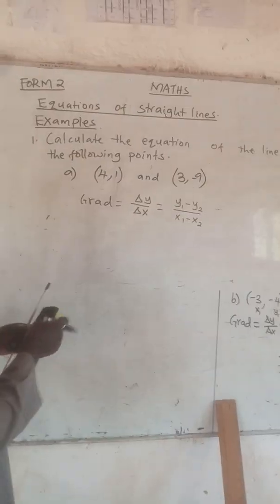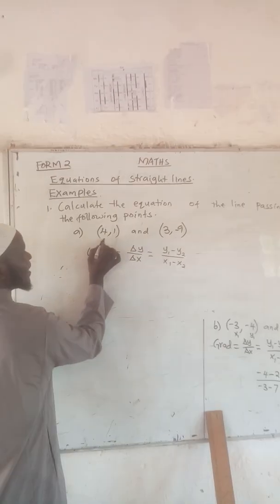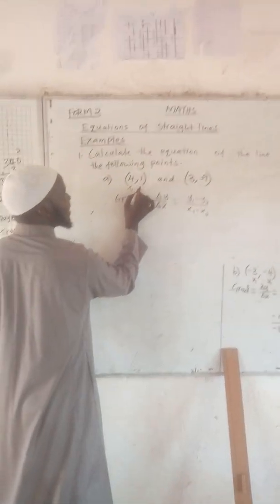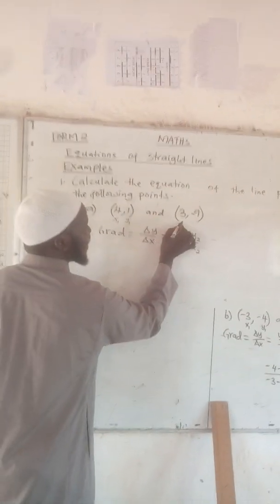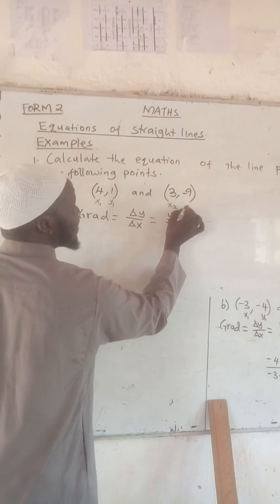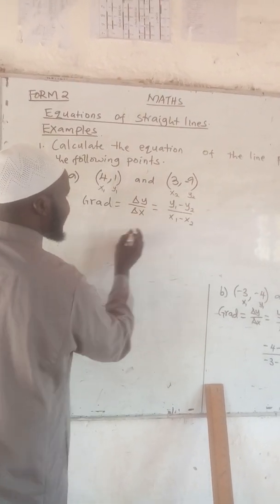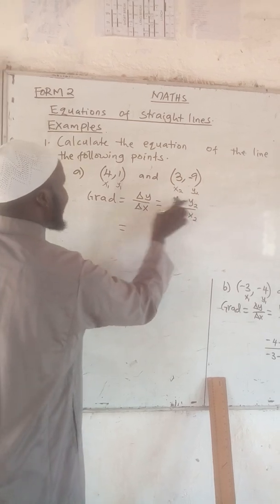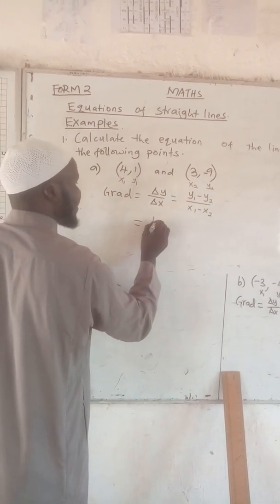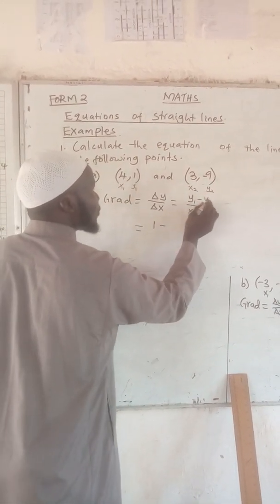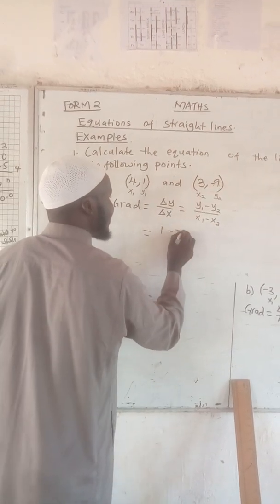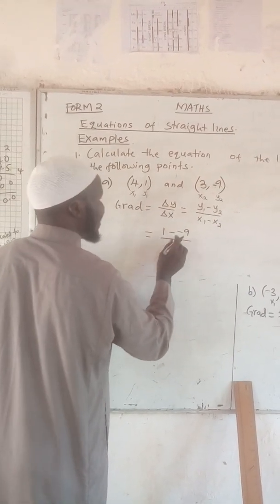So you decide. In this case, you can say this is x1, this one is y1, this is x2, this is y2. Now, you just count. What is y1? y1 is 1 minus y2. y2 is negative 9, all over